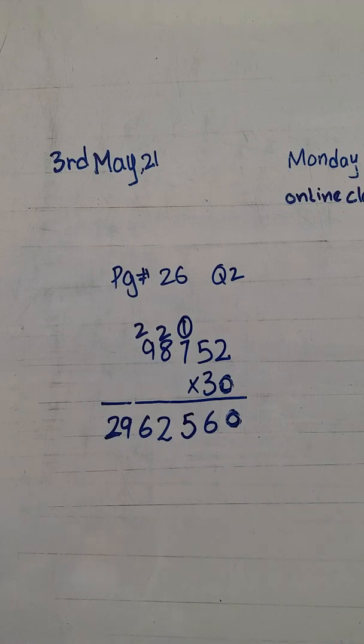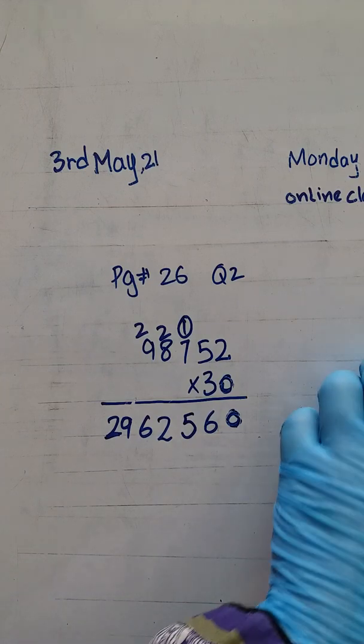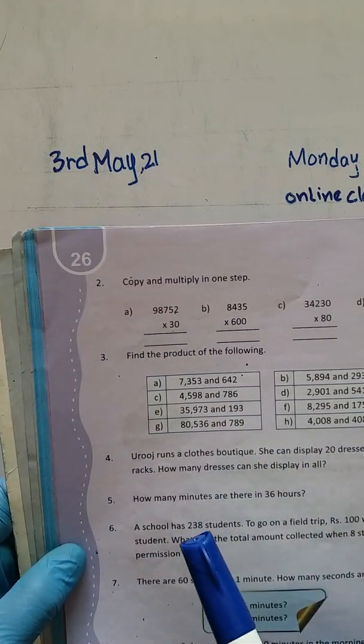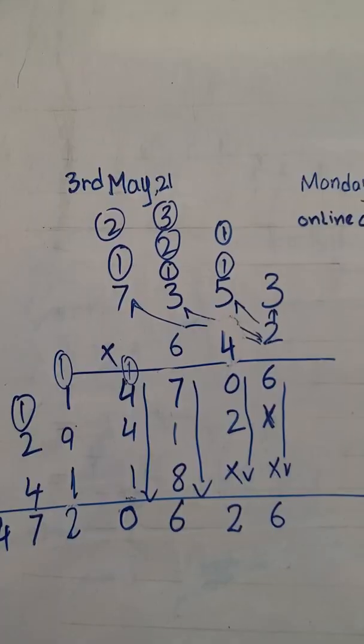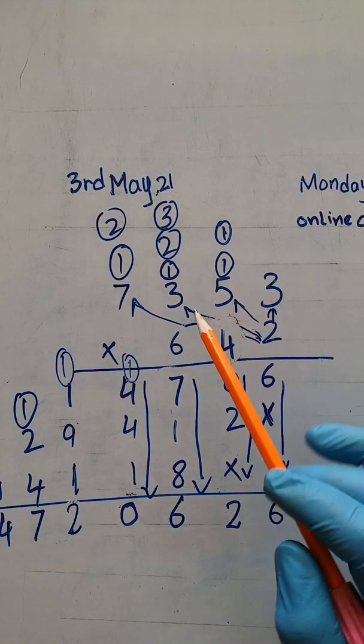So grade 5, this is your task for today, and also do the product of the following. Question number 3. You have to do question number 3, product of the following A, B. You have to do A, B and C part on your notebooks. One I'm doing for you. The first one I'm doing for you. This is